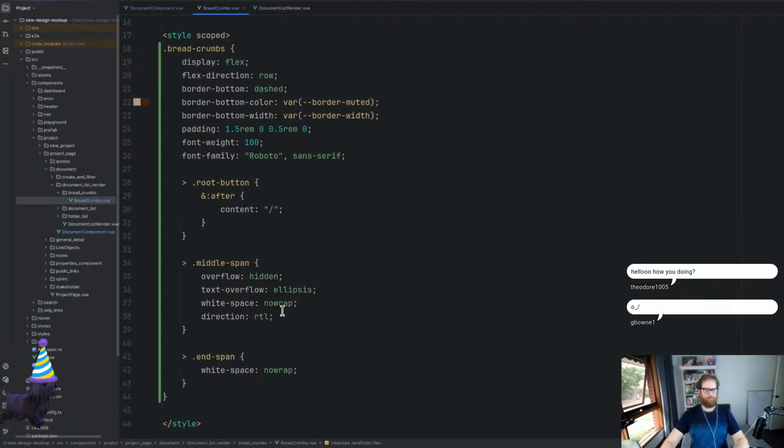We also need to do that down here. So we need to go, no, it'll be dot after, content will equal the forward slash, oops, like so. However,